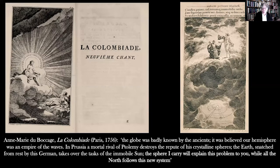That stayed true throughout the period covered by the exhibition. Of course it did. I juxtapose here an image very familiar in my town to an image taken from a very striking work on the left in the exhibition. The work on the right is the frontispiece to the first English version of Isaac Newton's Principia Mathematica of 1729. The work on the left, made in Paris in 1756, is the frontispiece of the 9th section of an epic verse by Anne-Marie du Bocage,